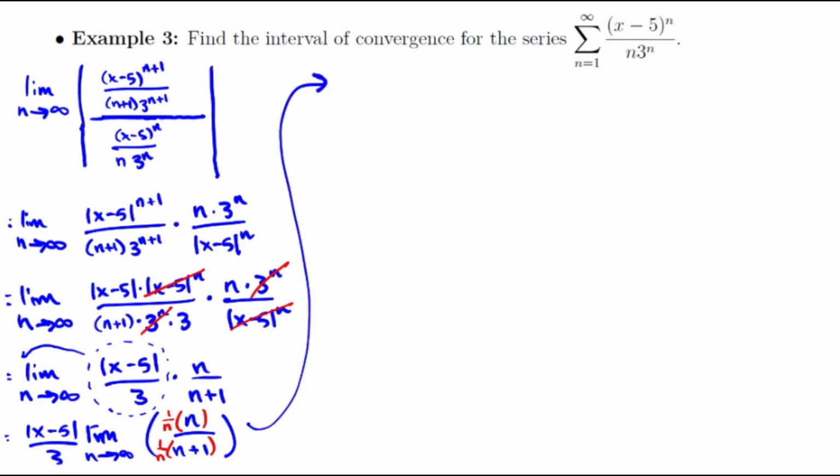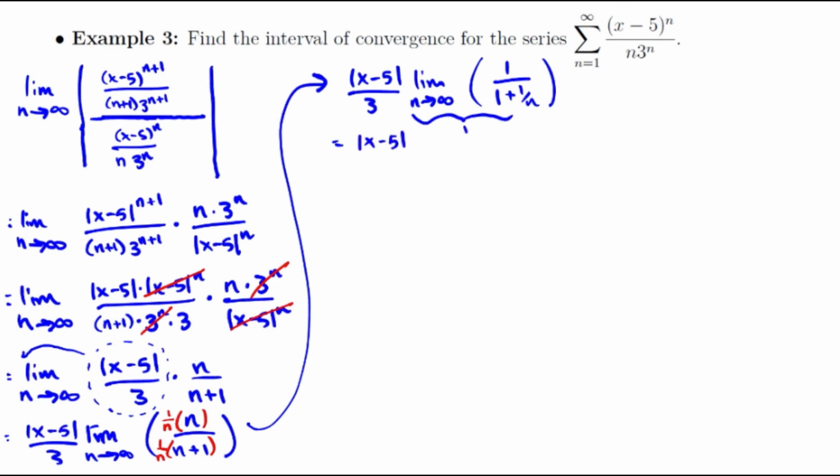So this becomes |x minus 5|/3 times the limit as n goes to infinity of 1 over 1 plus 1 over n. And that is just going to equal 1, right? So our answer is just the constant that's outside. All right, so what do we know, right? We know that it is going to be convergent, right? Convergent for sure